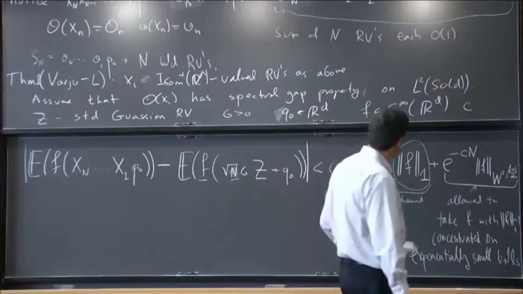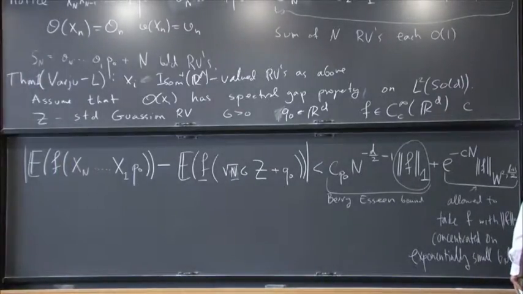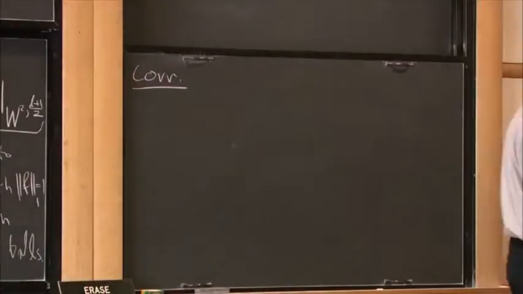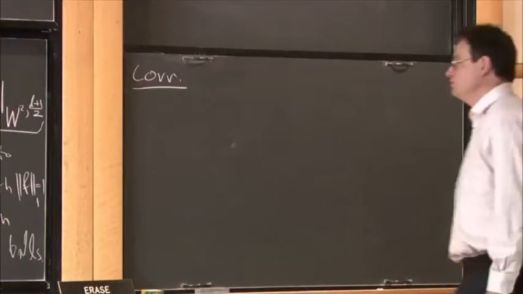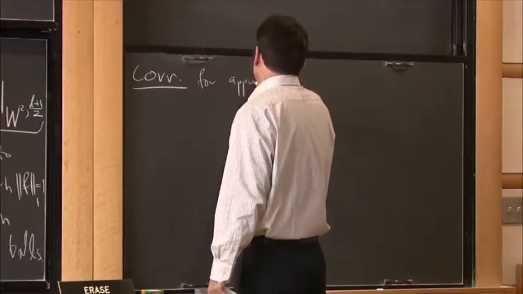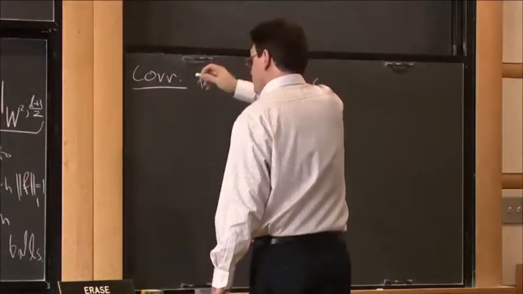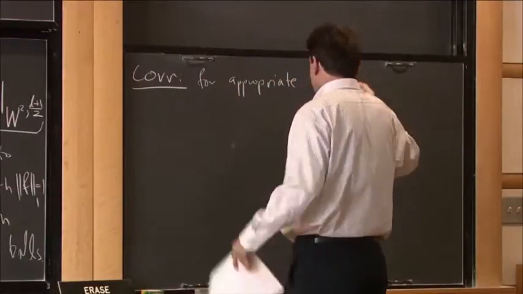So let me state a corollary of this, which will play a role later, a trivial, very special corollary, that there will be, for appropriate little c small, maybe different, let's call it c prime, which is small, and big C, which is really big,